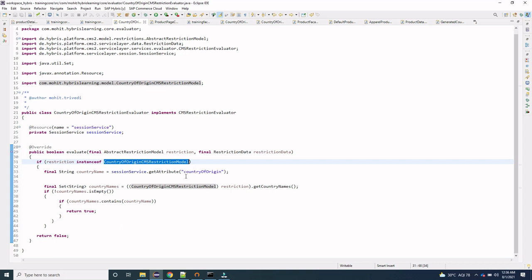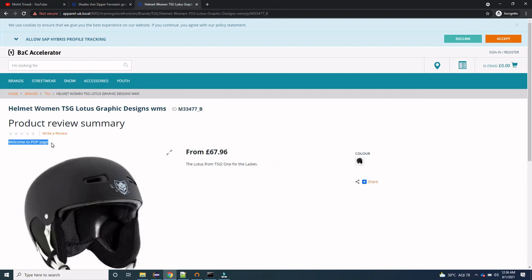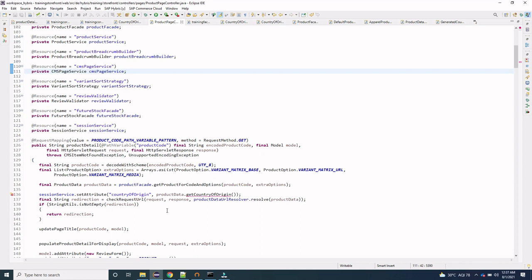And then what we are doing is, if the restriction is an instance of this country of origin CMS restriction model, then in the PDP page we have to display that paragraph component. So here we have the PDP page, and on the basis of our custom restriction we have to show this paragraph component. So for that, in the product page controller, we are setting this session service.